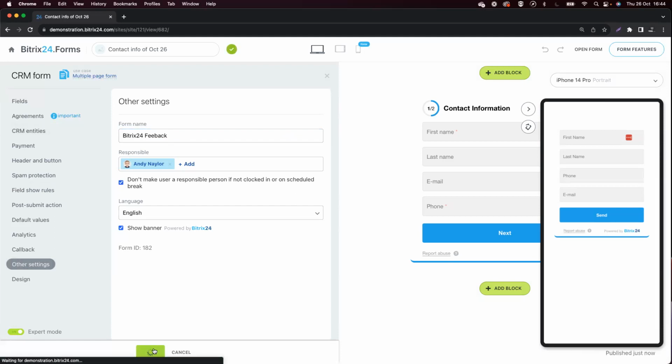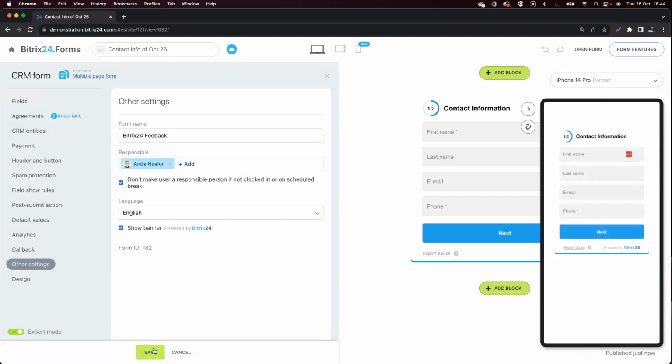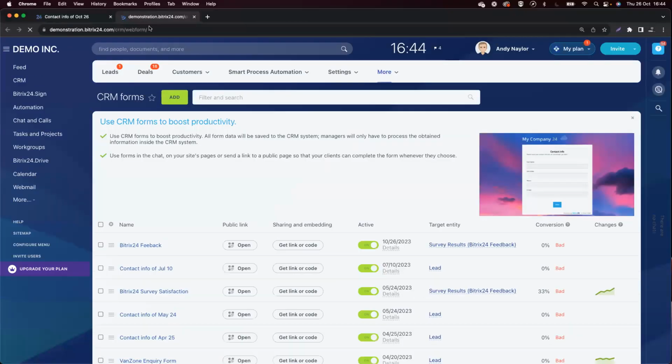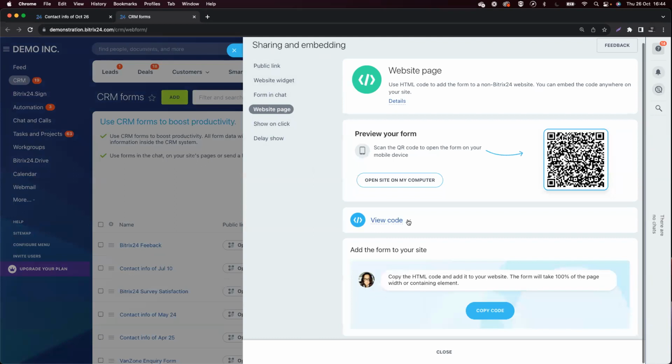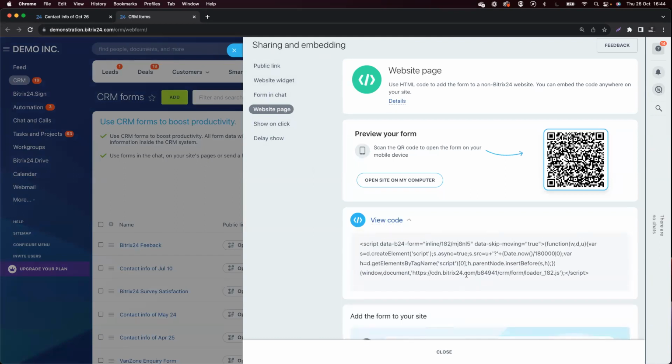So if I click on save, now what we would normally do in this case is if we go and open up back into here, so you can see our Bitrix 24 feedback, what we would normally recommend to do now is create a new page on your website, maybe called Bitrix 24 feedback. Click on here, and what we can do is we want it on a website page, so we can click on copy code. That will give you the code here, and you can simply paste that into a page on